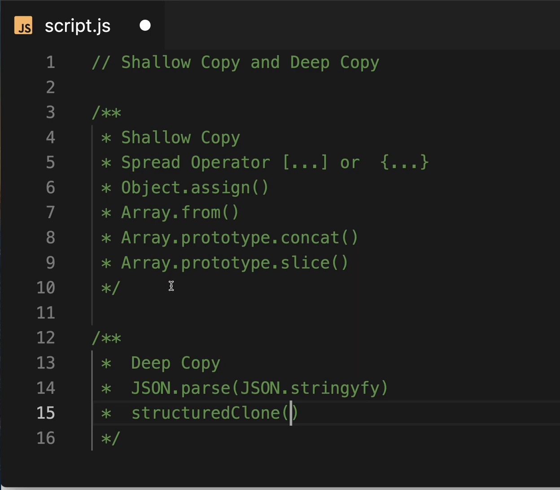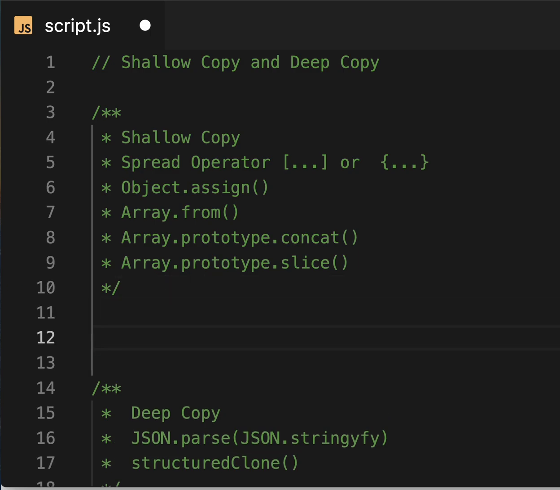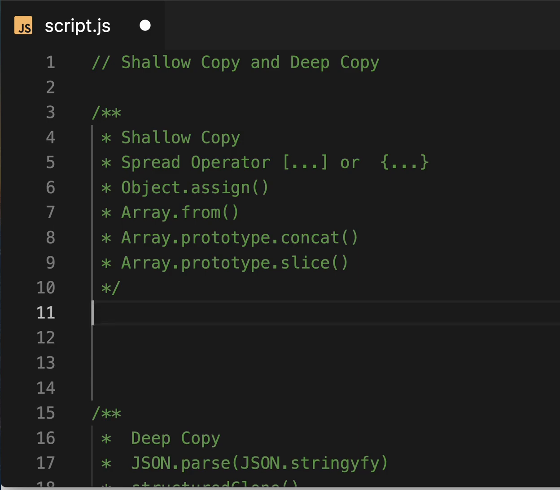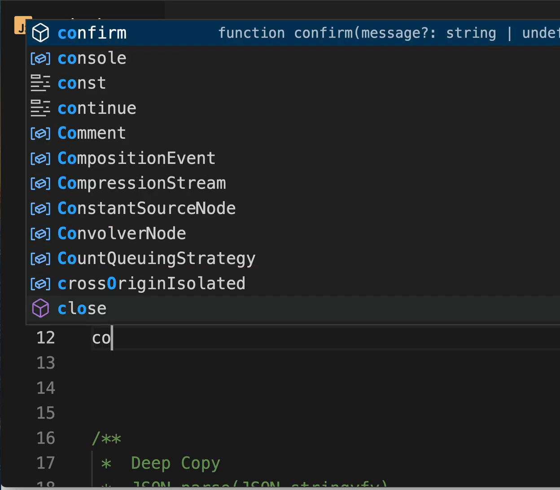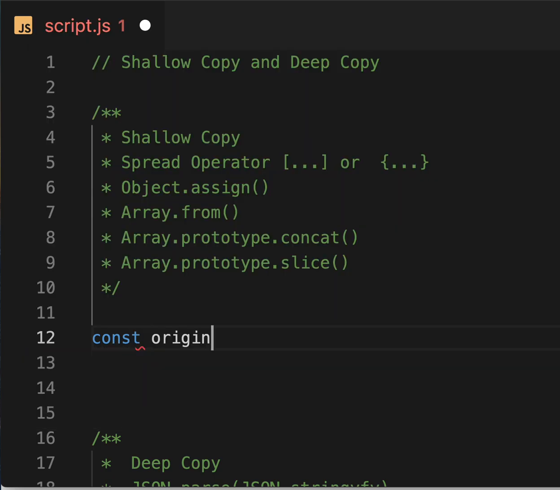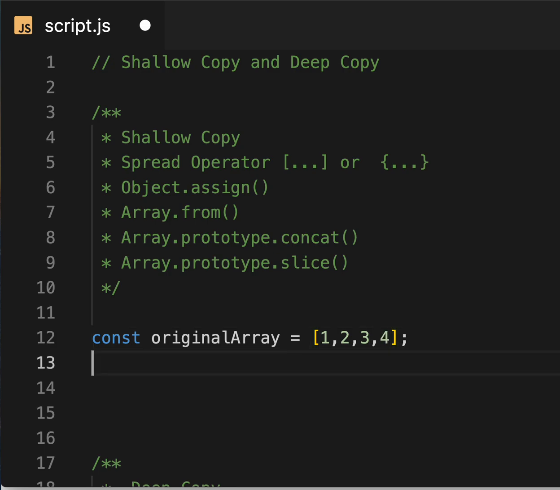Okay, that's good. So let's talk about them one by one with examples of how we are going to achieve the shallow copy. Firstly, I'm going to take an example: const originalArray equal to 1, 2, 3, 4. We have this original array and want to copy it using the shallow copy method.